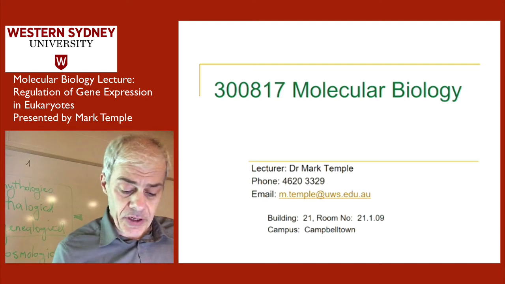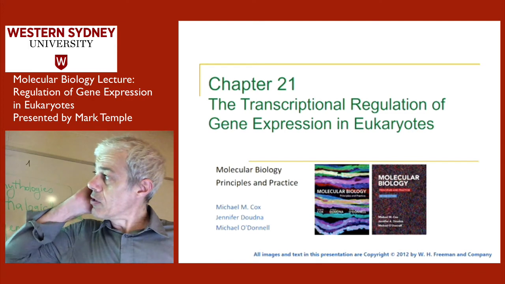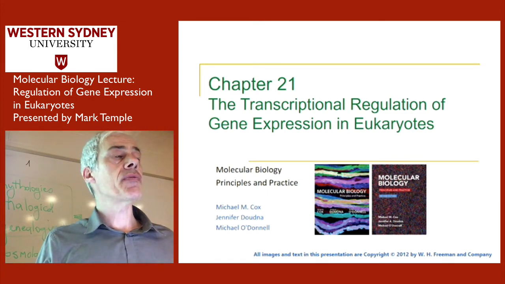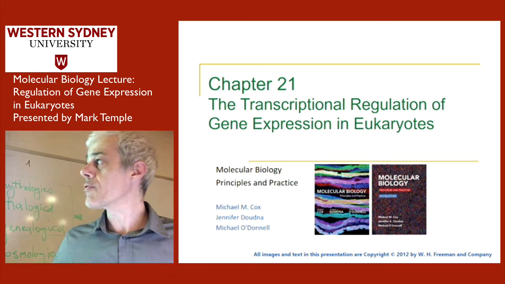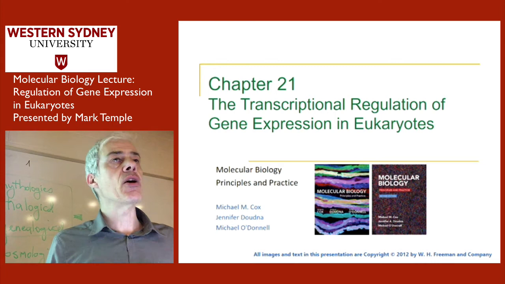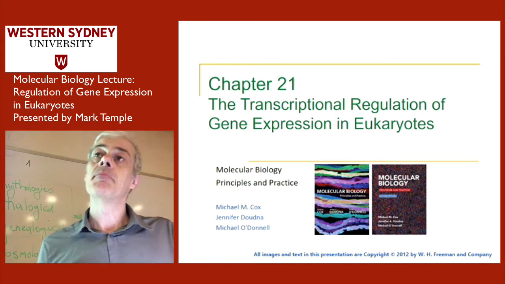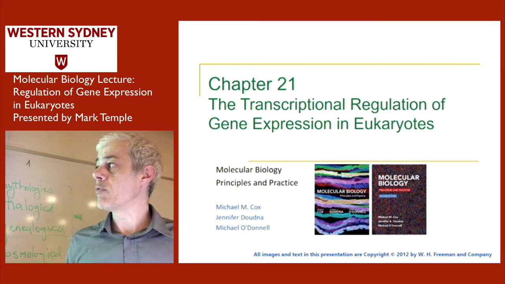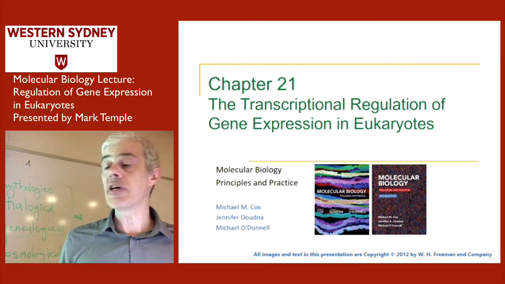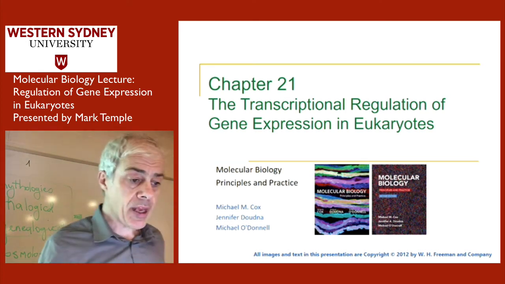So today I'm going to finish off the lecture series by talking about gene regulation in eukaryotes. A lot of the groundwork for this lecture we've already been through. We've been through transcription control and what transcription is. We've been over RNA polymerase II and the genes that code for messenger RNAs, and we've looked at some of the sequences in the promoter that are important for the assembly of that basal transcription machinery we talked about.